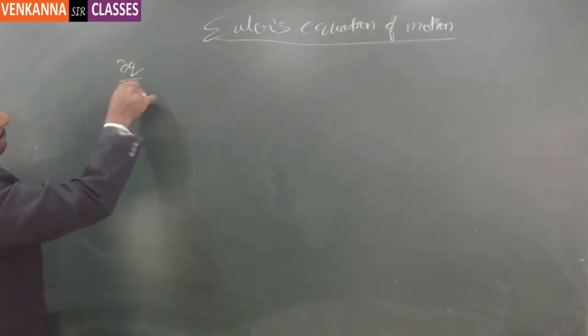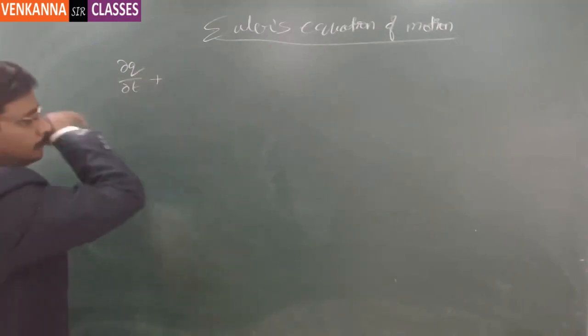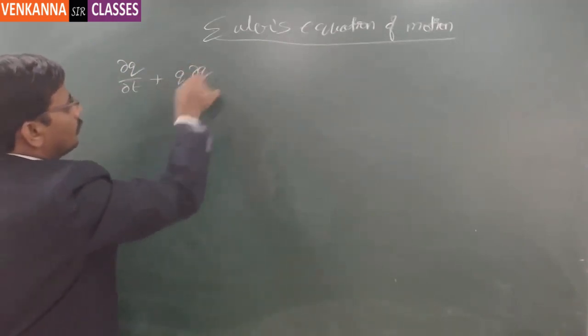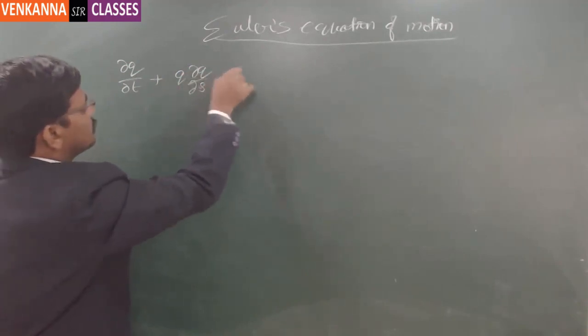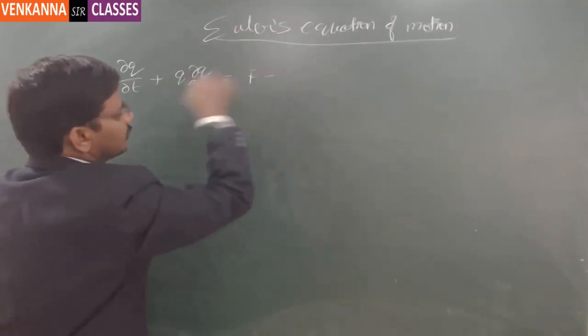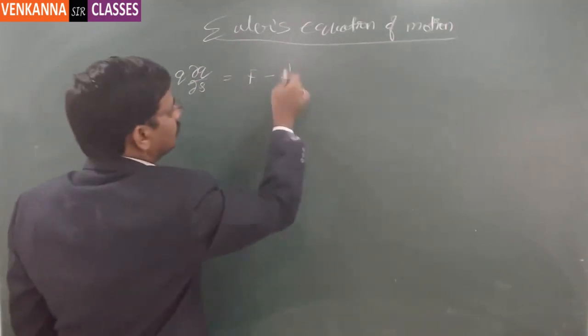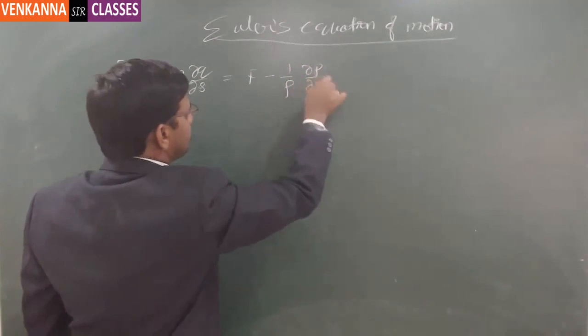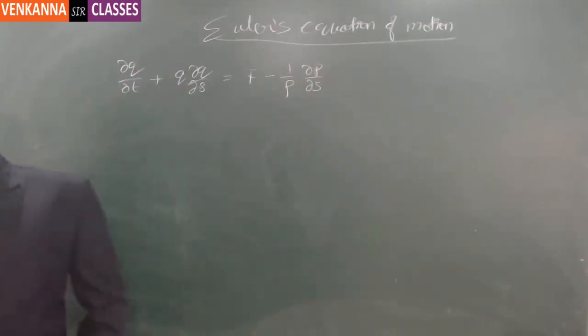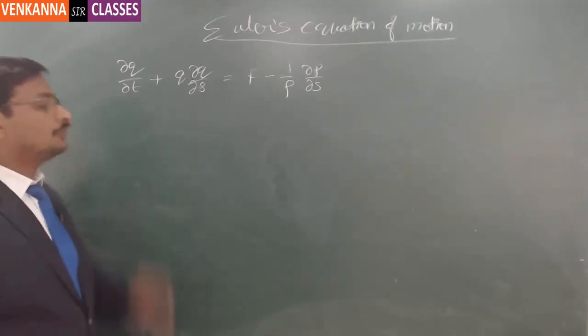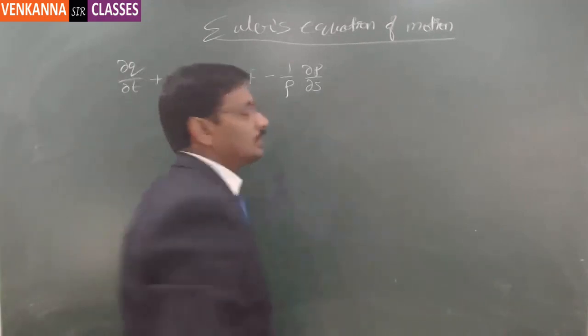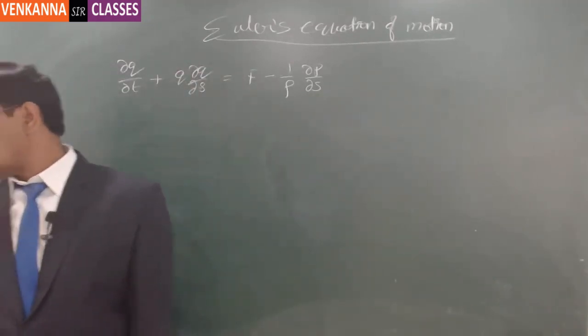So we found that dou q by dou t plus q into dou q by dou s is equal to f minus 1 by rho into dou p by dou s. So this is the Euler's equation of motion in case of one dimension, right? Yeah, this is correct, right? Now the same thing, if we expand for the case of three dimension,